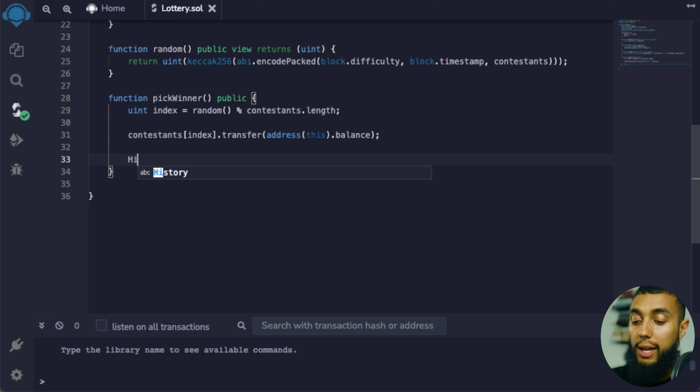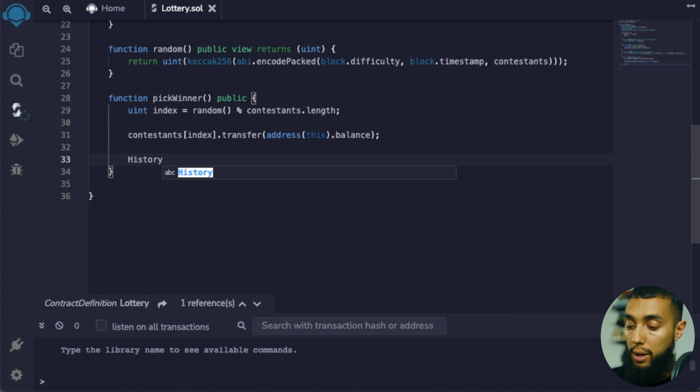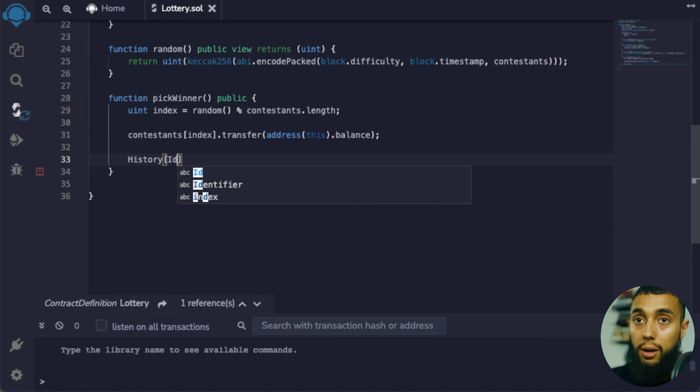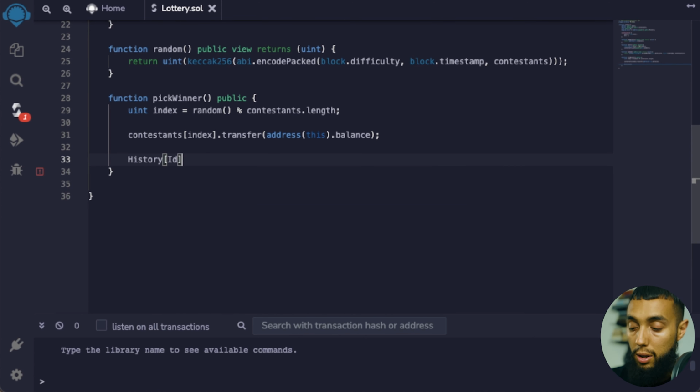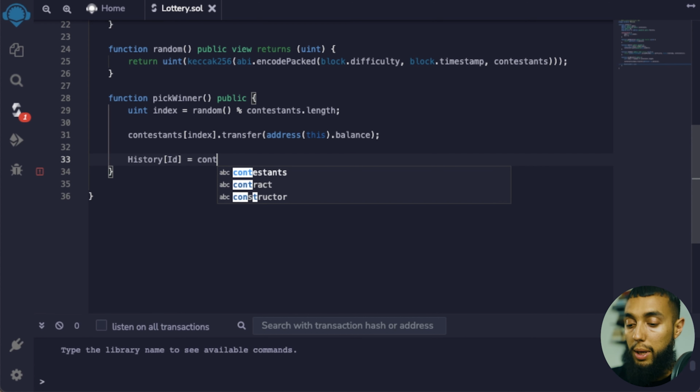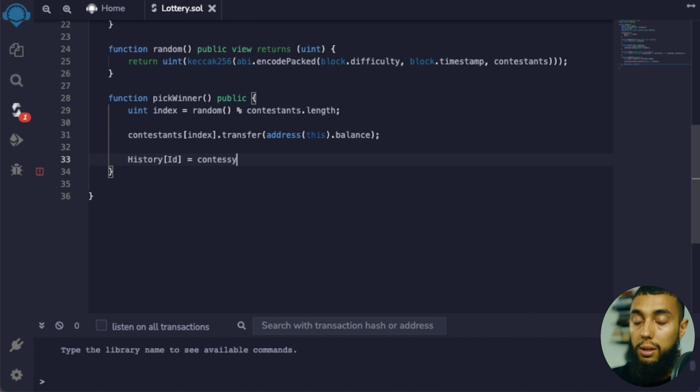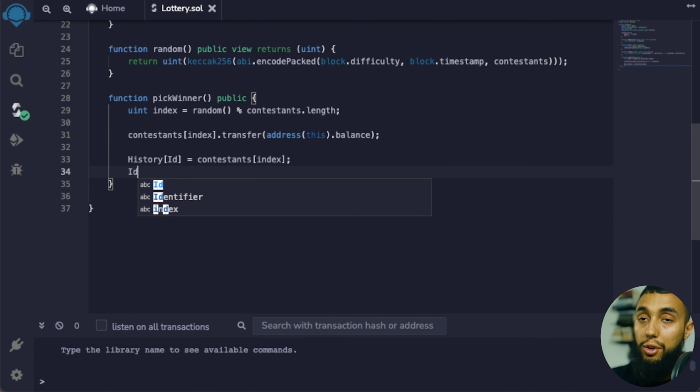I'm going to equate my array of historical winners to my contestants index. And that's going to be increasing in increments of 1 because there's only going to be 1 winner